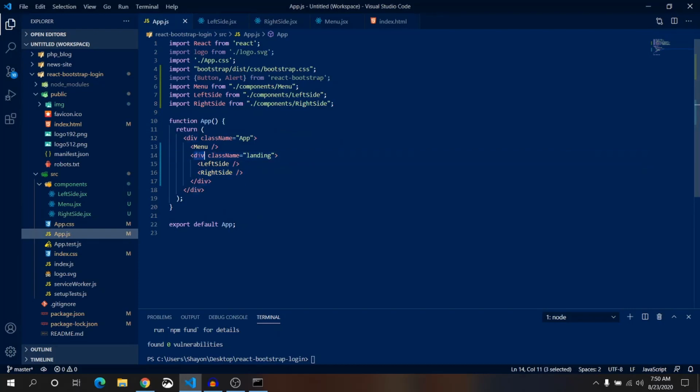Actually in the place of div, let's take a row. In the place of div, replace with row, and first left side will be inside a column and second right side will be inside another column.